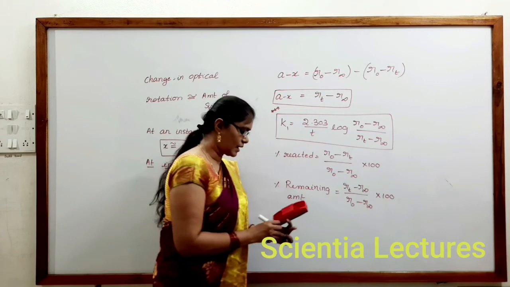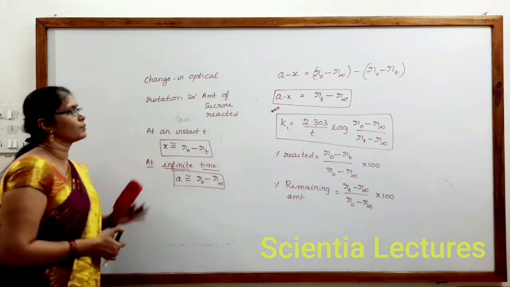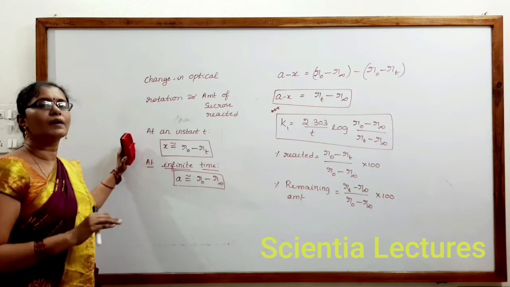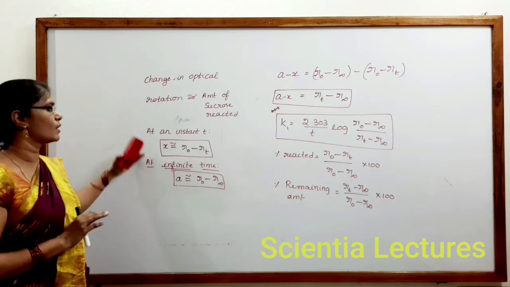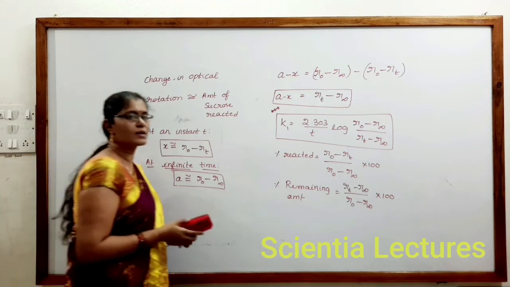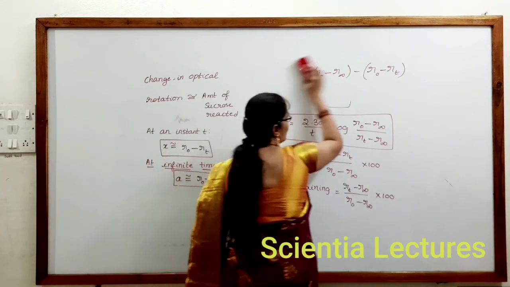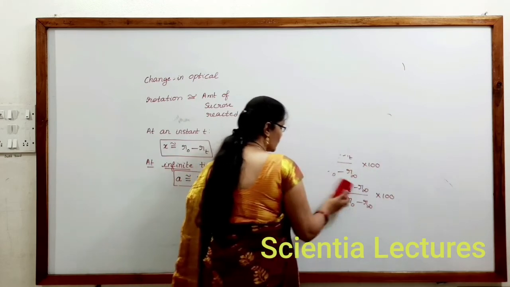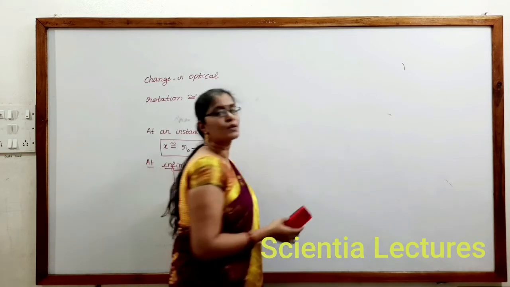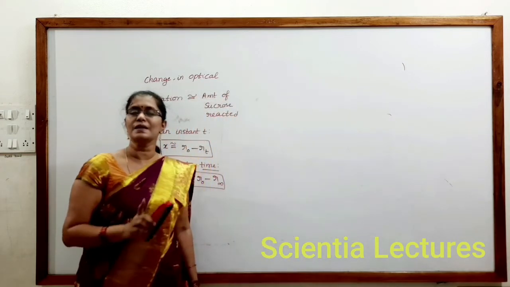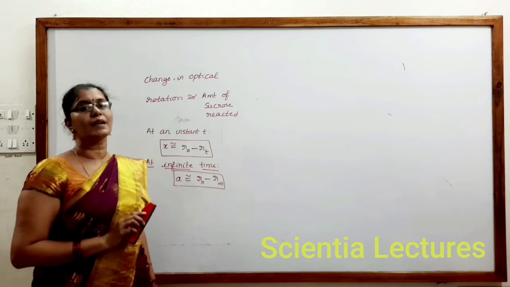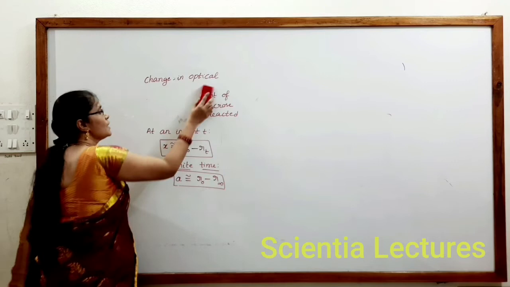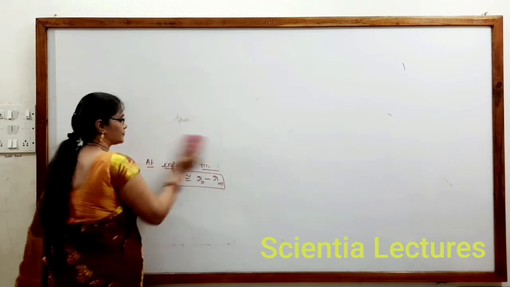So here, in this kind of optical rotation method, you can observe that the change in optical rotation is equivalent to the amount of sucrose reacted. Based on that condition, we get the rate constant of a first order reaction, because inversion of cane sugar is also a pseudo first order reaction. Why is it pseudo first order? In the reaction, there are two reactant molecules, but only the change in concentration of one reactant molecule influences the rate of reaction. Hence, it is considered a pseudo first order reaction.